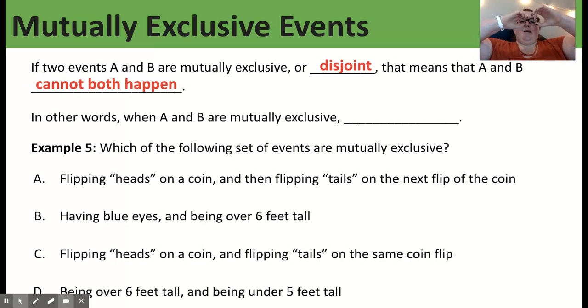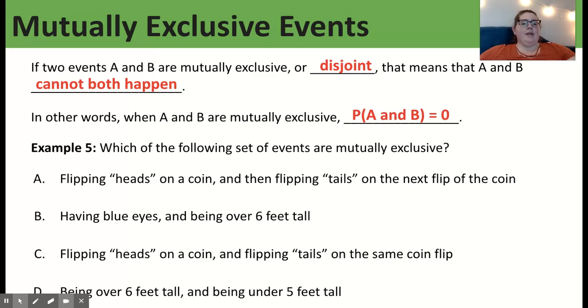So mutually exclusive basically means there's no overlap. If you think about a Venn diagram, where they overlap is where they're both. So if 2 events are mutually exclusive, there's no overlap. It can't be both. It has to be one or the other. So in this example 5, we're going to look at a few sets of events and decide whether or not